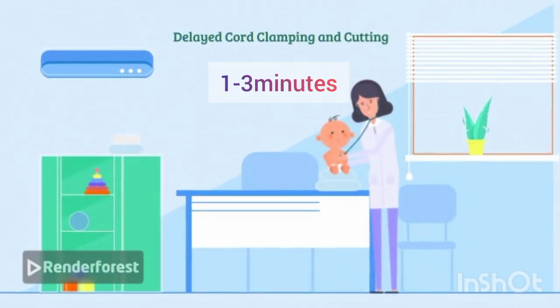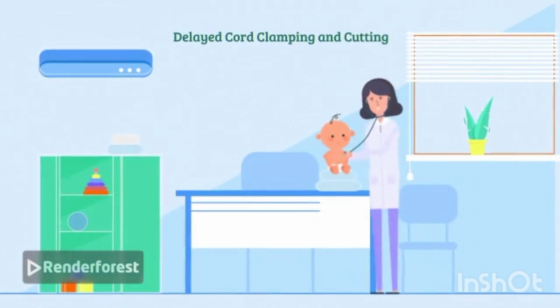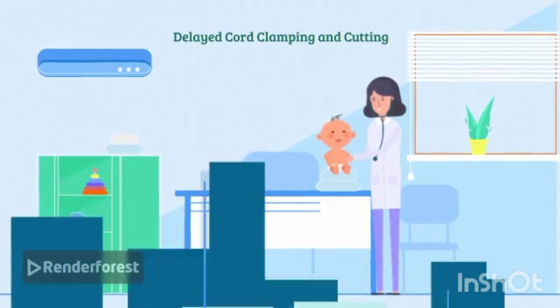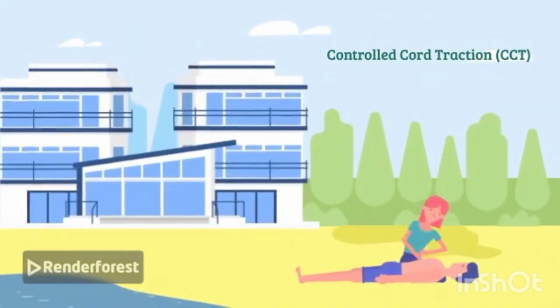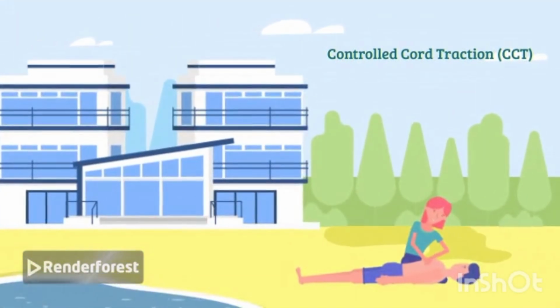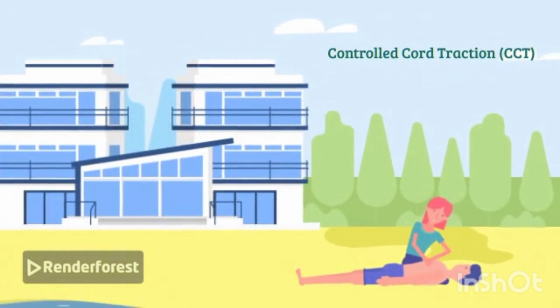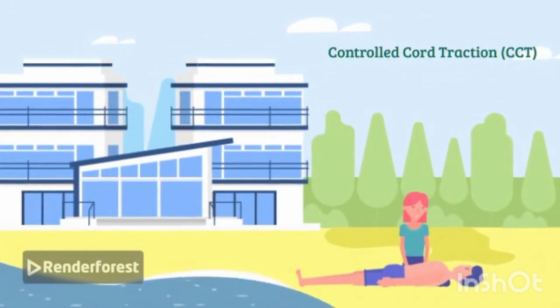Delayed cord clamping and cutting: clamping the cord after pulsations cease within a specified time, allowing for blood transfer to the baby. Controlled cord traction, CCT: applying gentle, sustained traction to